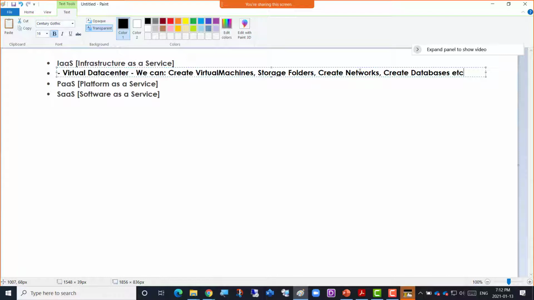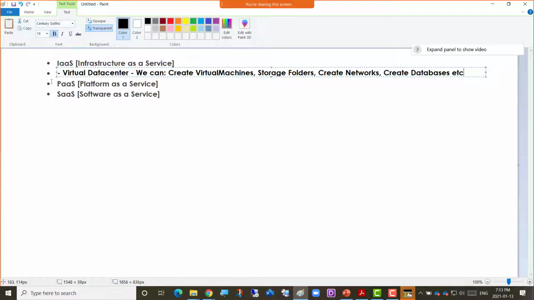And you create small networks there, where the sales department wants to create 10 machines and the marketing department wants to create 20 machines. So you create small, secure networks for them in the cloud, in their data center. So we're going to do all that. We're going to do all these labs, right? We're going to try to understand that better and create databases so a lot of data can be saved inside.